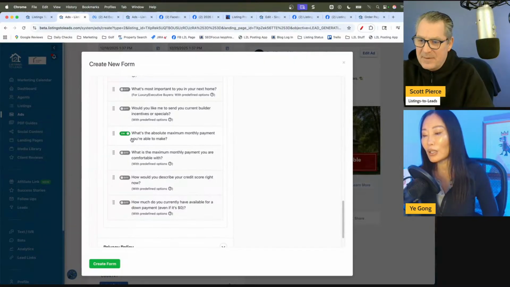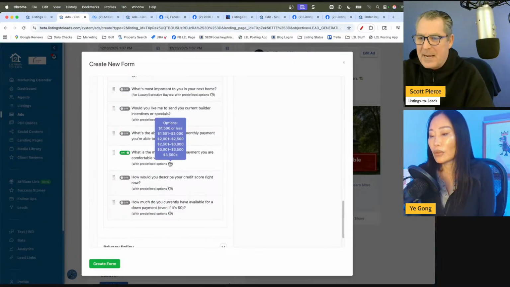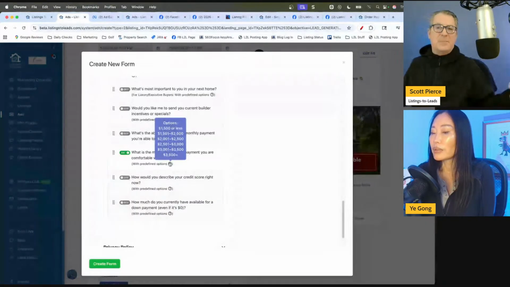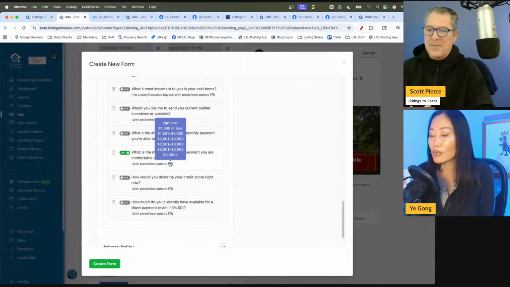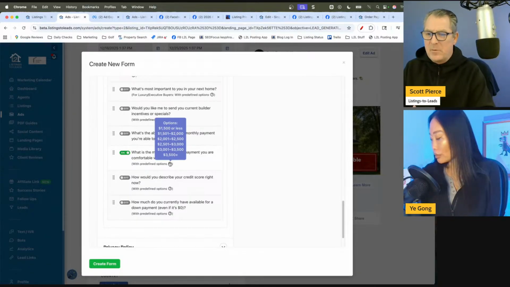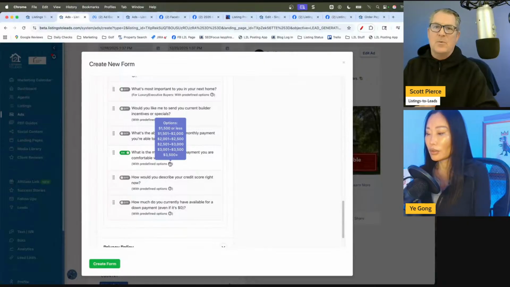Comfortable making. Yeah, a little bit softer. I agree. And then they've got predefined options that they can just select from. And I think what most people probably just put in is what they pay in rent. Right, exactly. So you're going to find out what their time frame is, what their credit is, and what they're comfortable paying. And that's going to help you a lot, because I think part of that can be walking them through the tax benefits, and, hey, they may be comfortable paying a little bit more than they thought once they realize